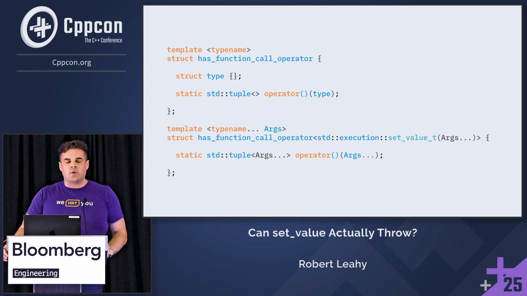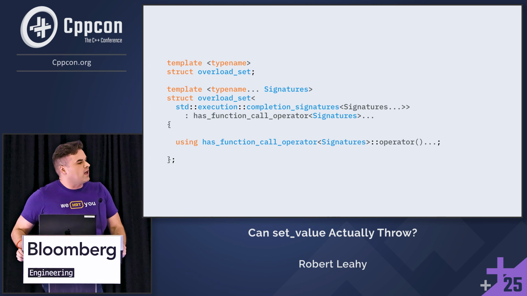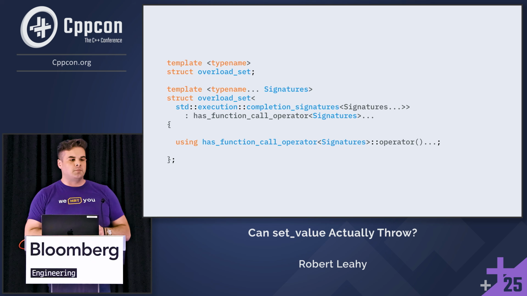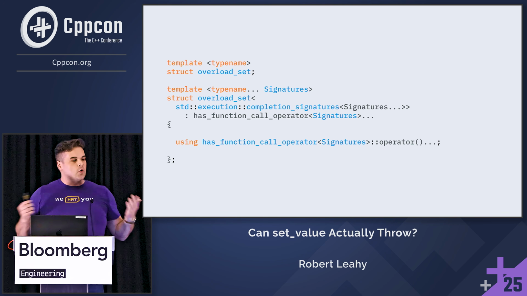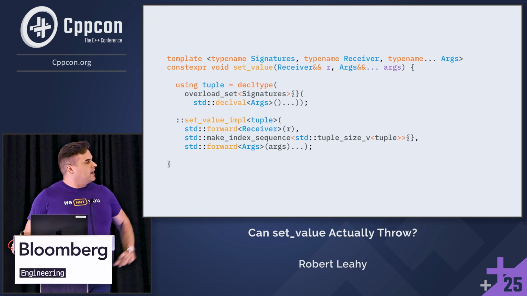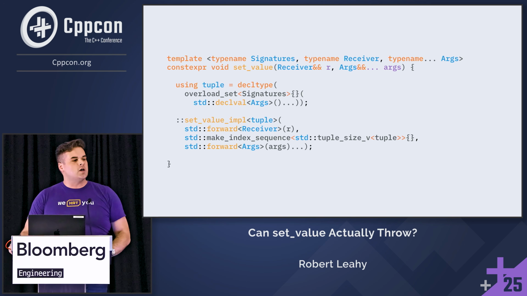But in order to use overload resolution, we need an overload set. And so we form one of those by deriving from our base class for each and every one of our signatures. Now, when we call the function call operator, it's going to perform overload resolution and tell us which completion signature it picked, which requires, of course, to use this functionality. And so we write a set_value helper. It goes off and it invokes our overload set in an unevaluated context and determines the matching completion signature.